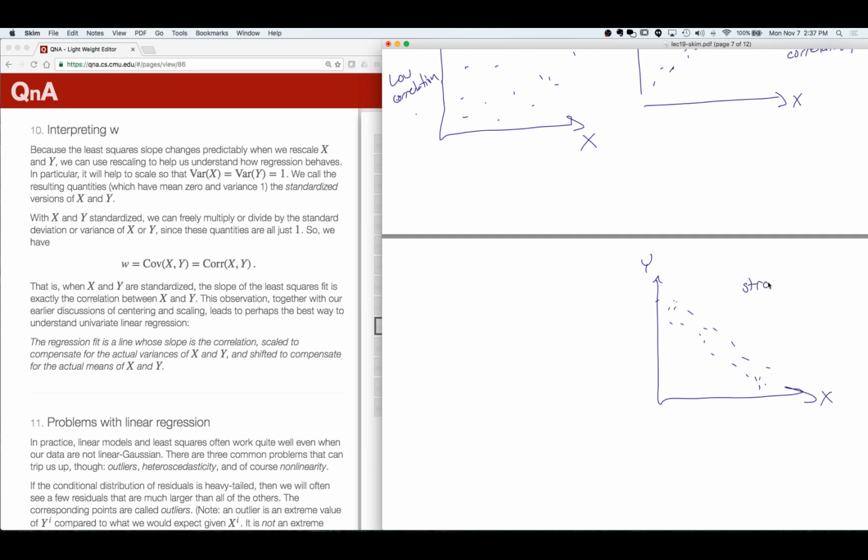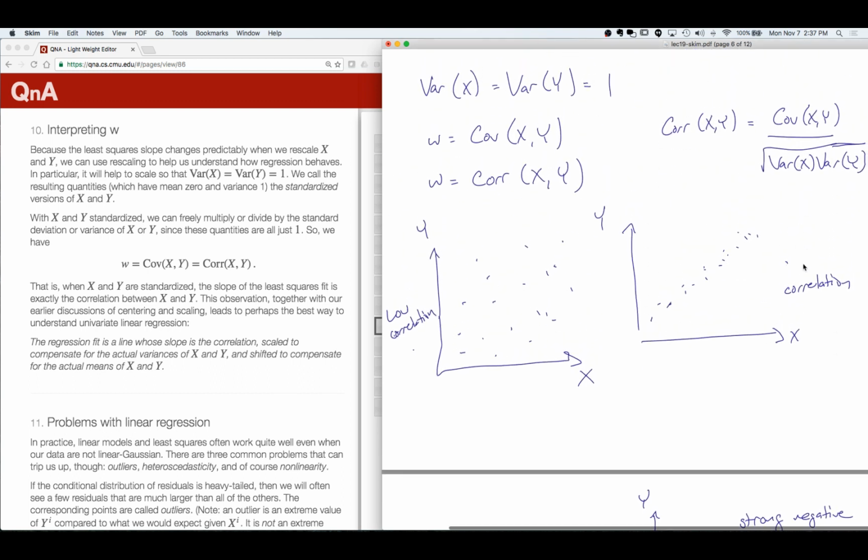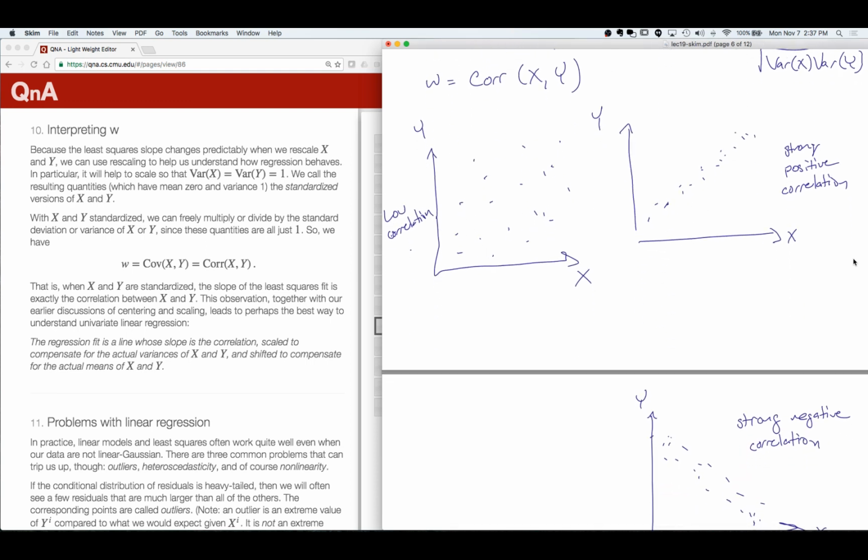So I'll write that as strong negative. Right. And here, instead of high, I'll be more specific. I'll say that this is a strong positive correlation. Right. And I've drawn these plots without scales